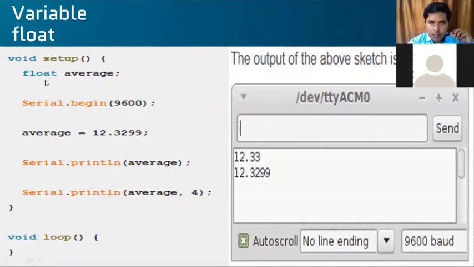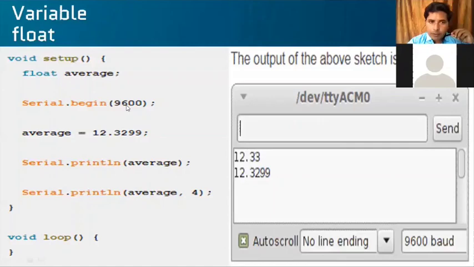It contains decimal numbers, so you have to define it. If it were an integer value, I'd write int average. But my average is not an integer value, it is a float value. So I have to define it here in the setup. Again, be careful, I'm writing in the setup section only, not in the loop, because we are dealing with only output and input values and printing those.